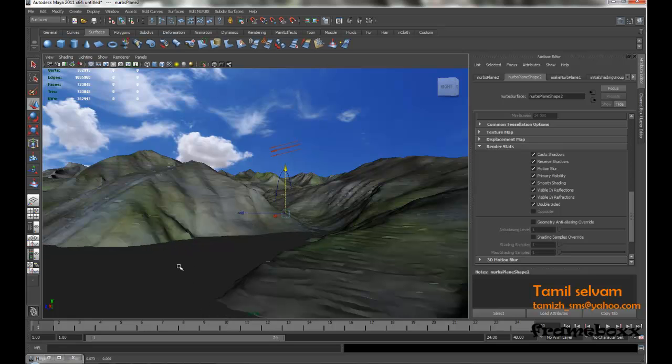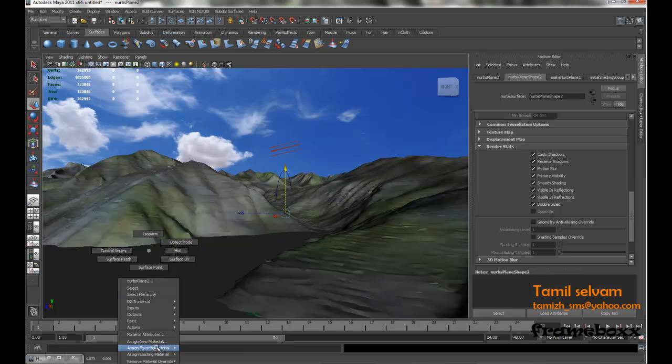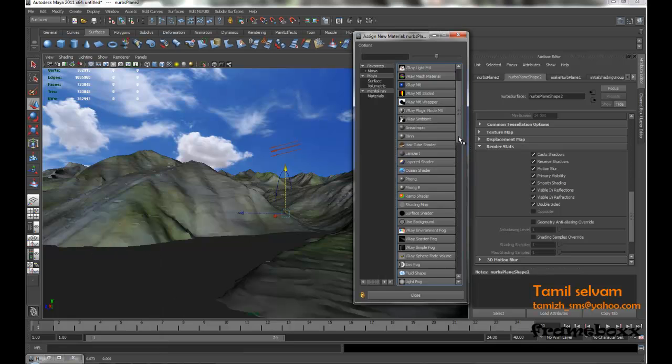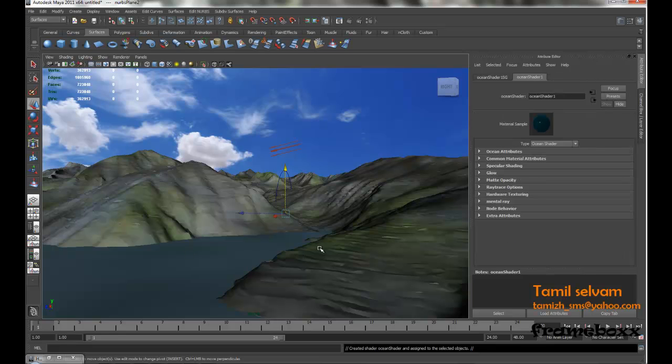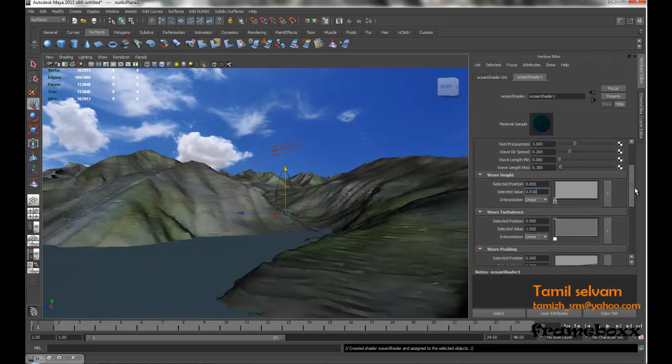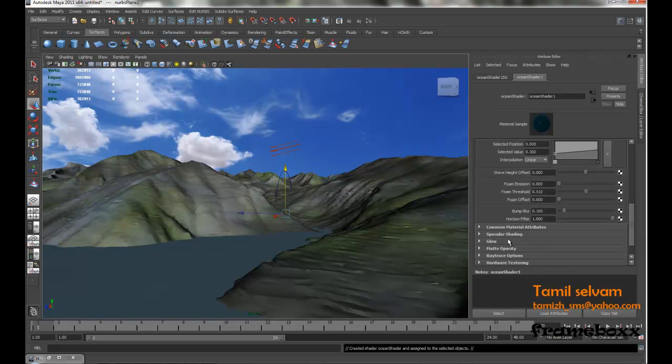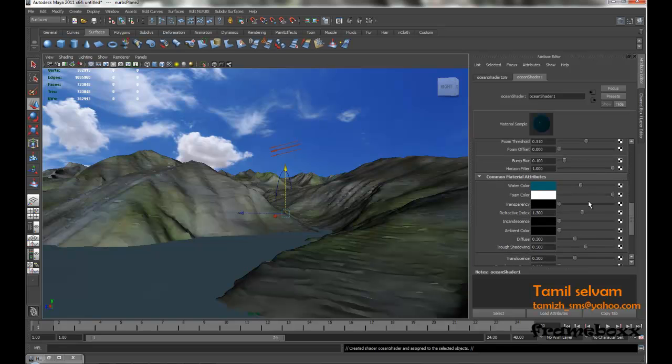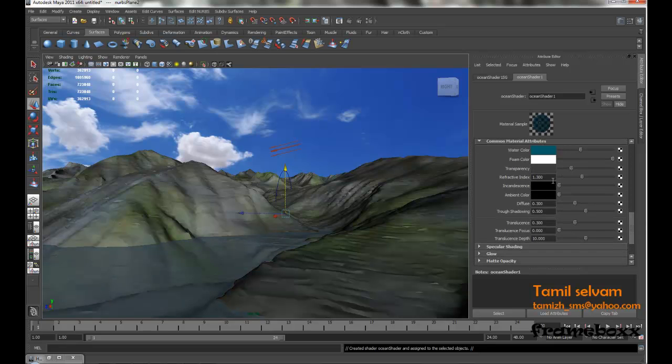Yeah, as usual, I will assign ocean shader. Then in that ocean, make 0.08, 0.3. I reduce the wave height 0.01. I'm going to open material attribute. I'm not going to change the color, but I'm going to increase the transparency slightly, and 1.33,